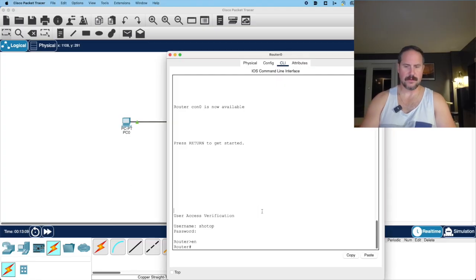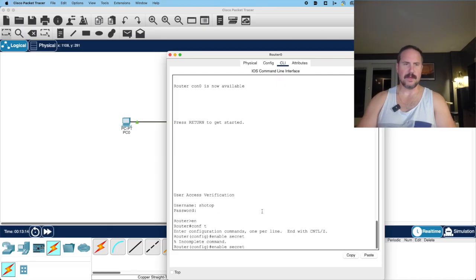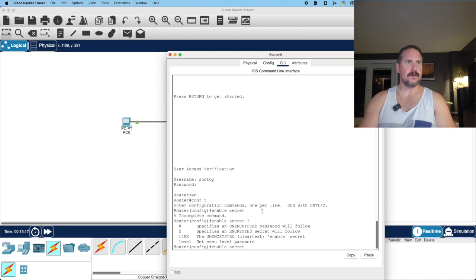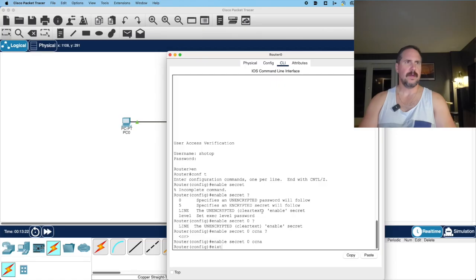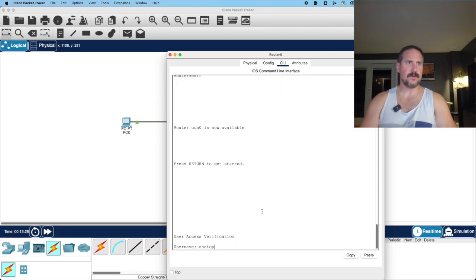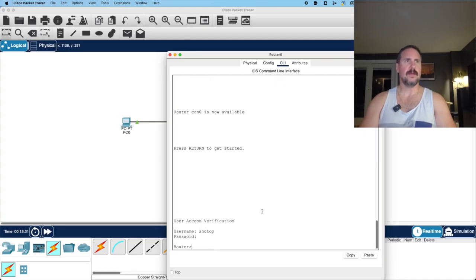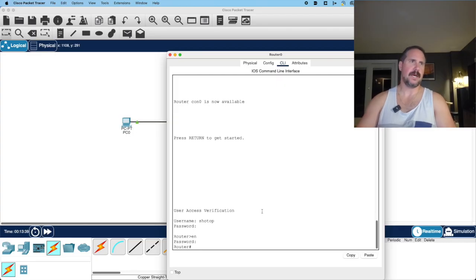So conf t, enable secret, and then what else do we need? I'm going to do the 0, CCNA, exit, exit. Now we have to enter a password when we get onto the host from the CLI, and when we go into the elevated user mode. In a moment, I would like to test that when we telnet to this thing,